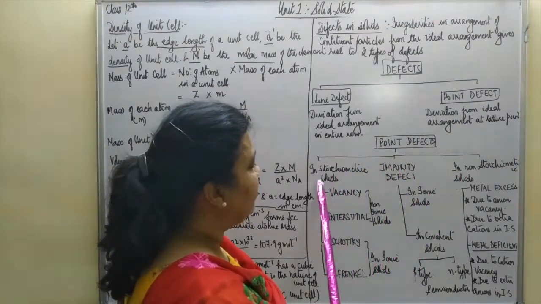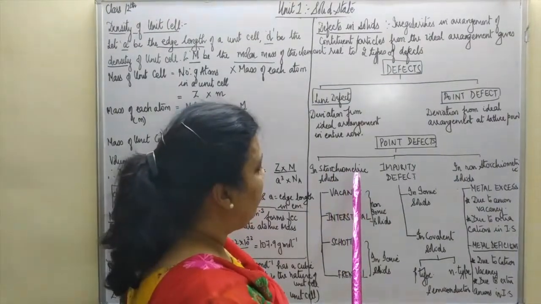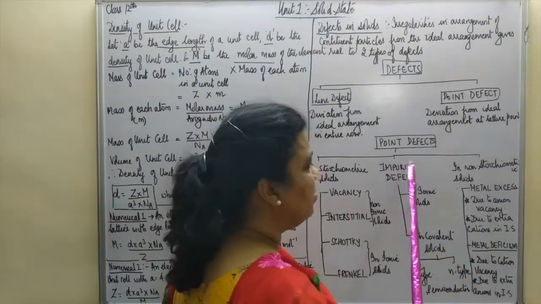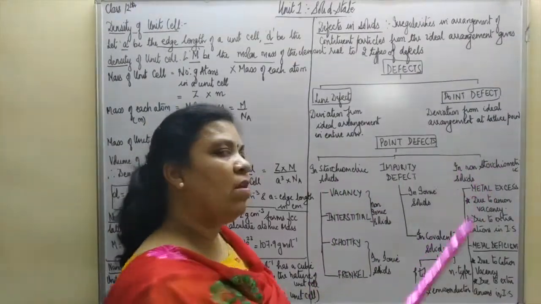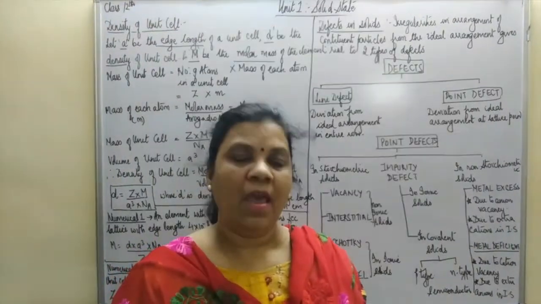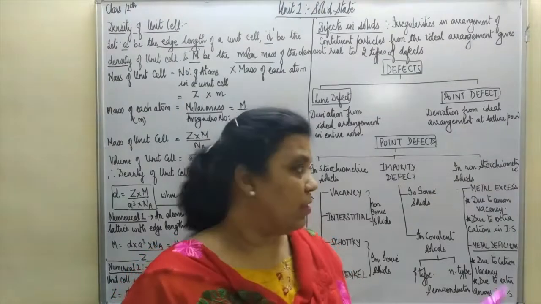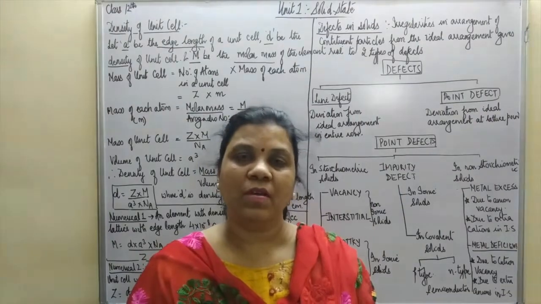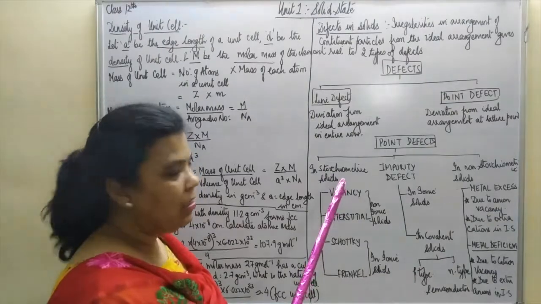The first is point defects in stoichiometric solids, where the number of cations is equal to the number of anions. The second category is non-stoichiometric solids, and the third category is impurity defect. The non-stoichiometric solids are those where the stoichiometry of the solid crystal is disturbed. Remember, the number of cations and anions are not the same for such solids. And impurity defects arise as a result of addition of impurities to the solids, and there are also two types that we are going to study in detail.